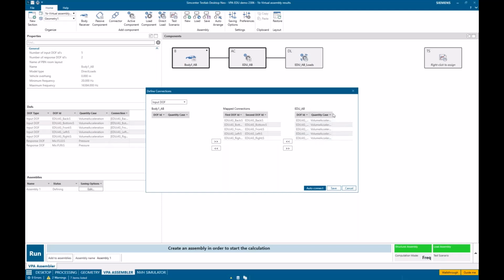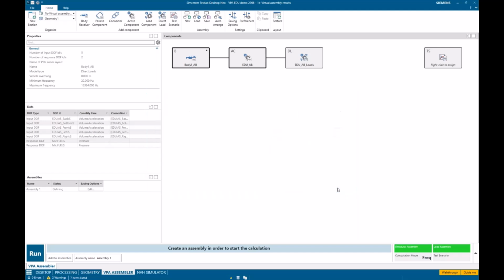And so you have an acoustic force or volume acceleration over here. I was able to automatically connect these because I was very careful in naming these. And so the software knew, oh, EDU, airborne, right, comma S, matches up with this guy, left to left, etc. If these were slightly different named, I could connect them manually, no problem.